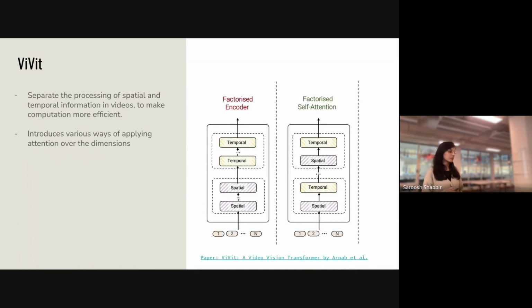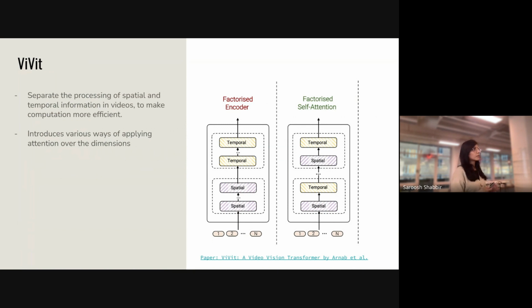Okay. So then that's the vision transformer. But now, how do we deal with time series data, which is basically videos? There was this paper, which came soon after the vision transformer. What they basically do is present different ways of applying the encoder to the different dimensions, spatial and temporal. And then they evaluate the merits of each of them also.